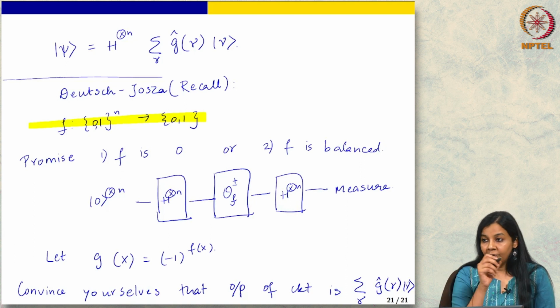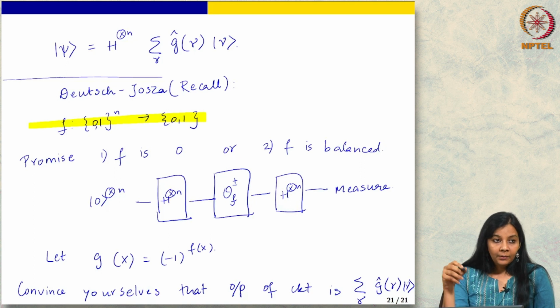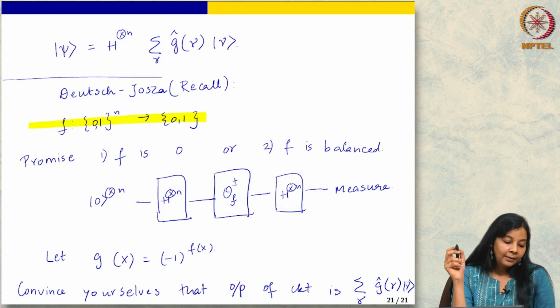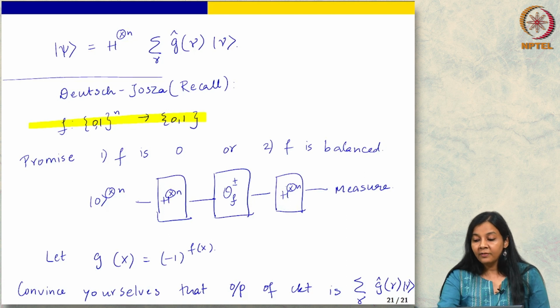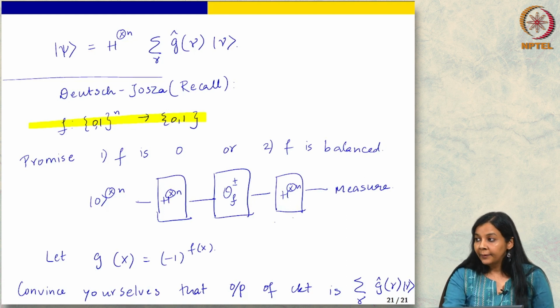First you get a superposition over x, then when you apply the oracle to it, you get a superposition over x with minus 1 to the f of x. And now minus 1 to the f of x I defined as g of x. So when I apply the Hadamard again, I simply get the Fourier coefficients of that, because we said that the Hadamard implements the Fourier transform. So this second Hadamard,